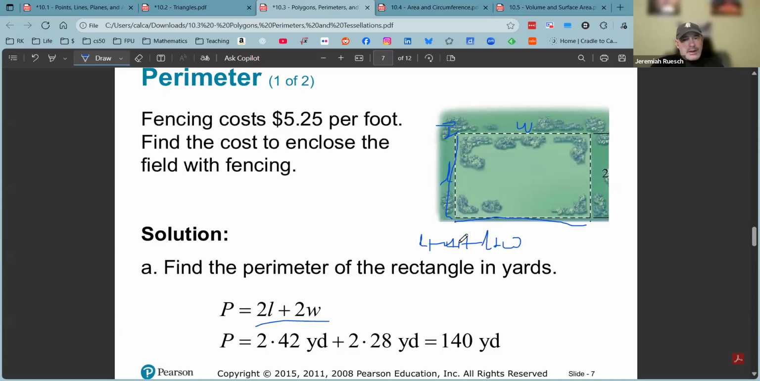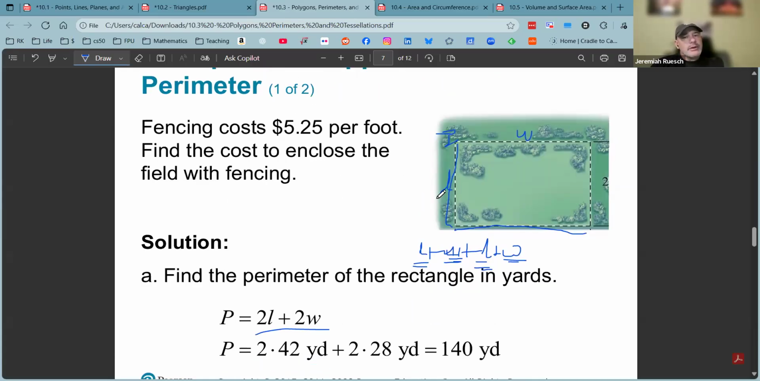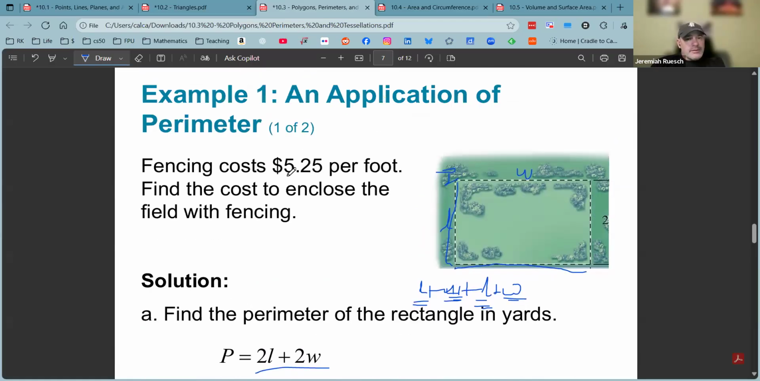And then if you count, how many W's do you have? I have 1 and 2. And how many L's do you have? I have 1 and 2. So I have 2L plus 2W, which gives us the relationship for the perimeter of a quadrilateral. And so just plugging in the numbers, if you know the distance,